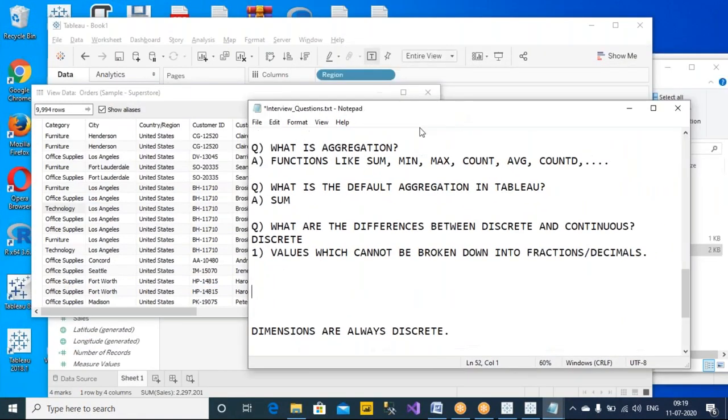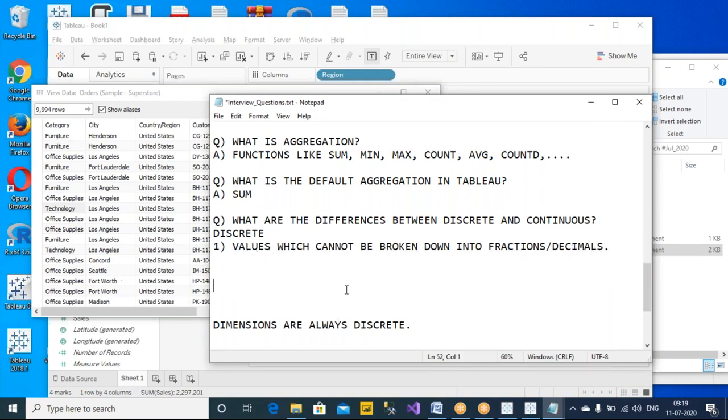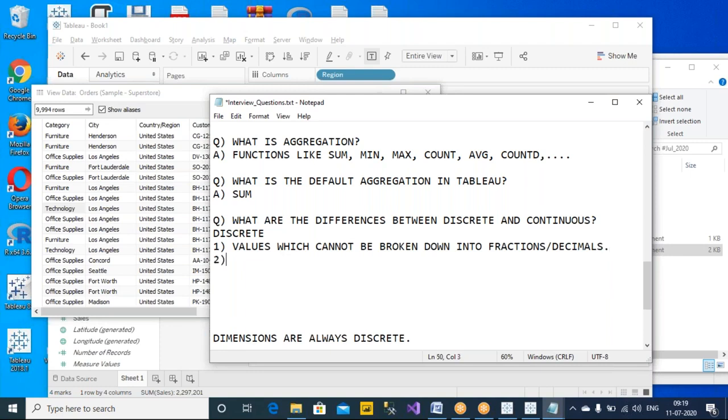All right, so can these values be broken into fractions? Can you break this word furniture into two parts? No, it is really not possible. So yes, first condition satisfied. I cannot break it down into fractions or into decimals, so I will consider this as a dimension. The values which cannot be broken down into fractions, then Tableau understands, okay, this column should go into the dimension section. All right, and the second point here is